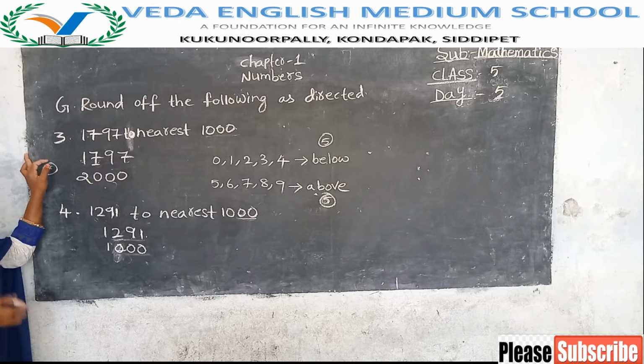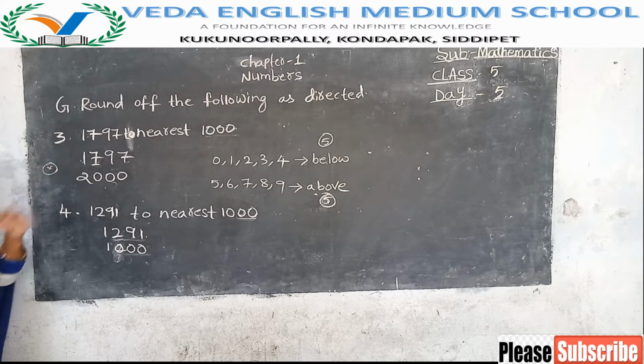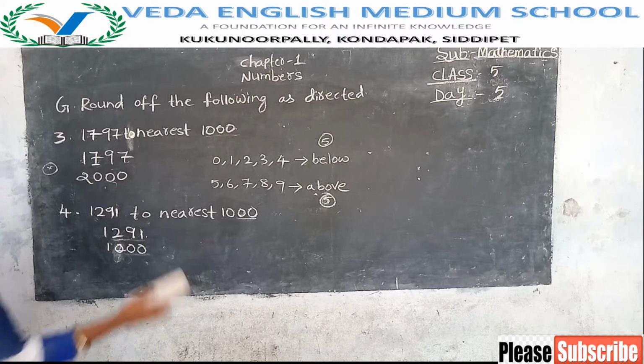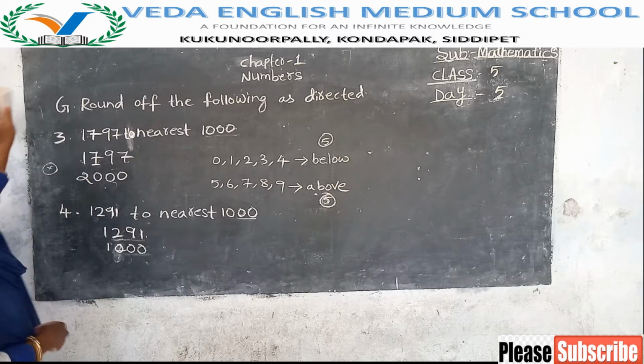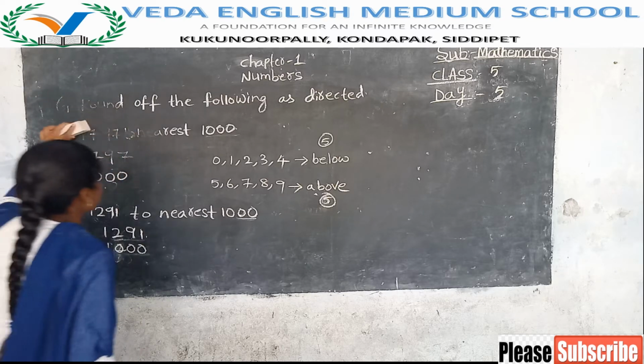We will learn this next in the second or third chapter. We have a chapter about nearest numbers, so we will learn deeply about it in that chapter. Okay, this is just for introduction only. If you have not understood, then I will explain again, so don't worry about this. I think in the third chapter we have this, third or fourth. So we will learn this again. Okay. Next.